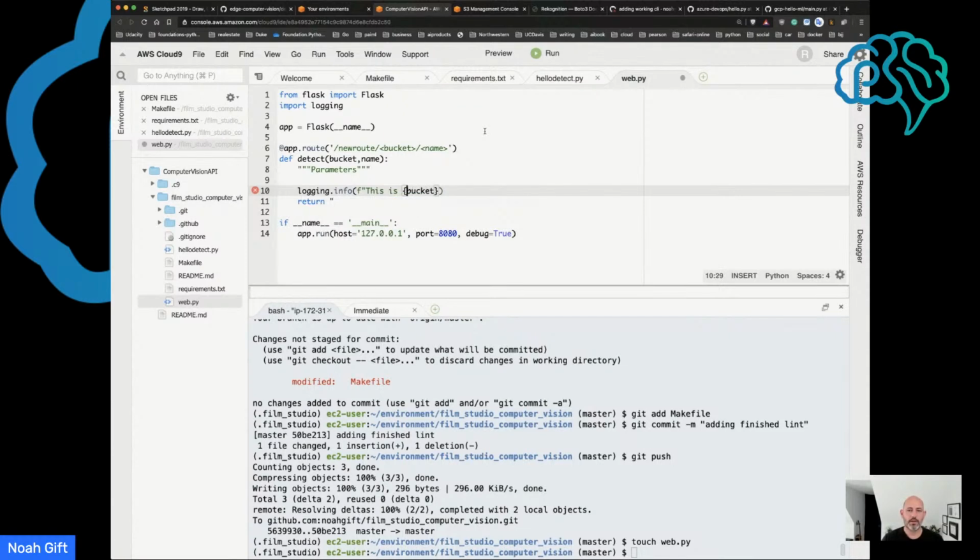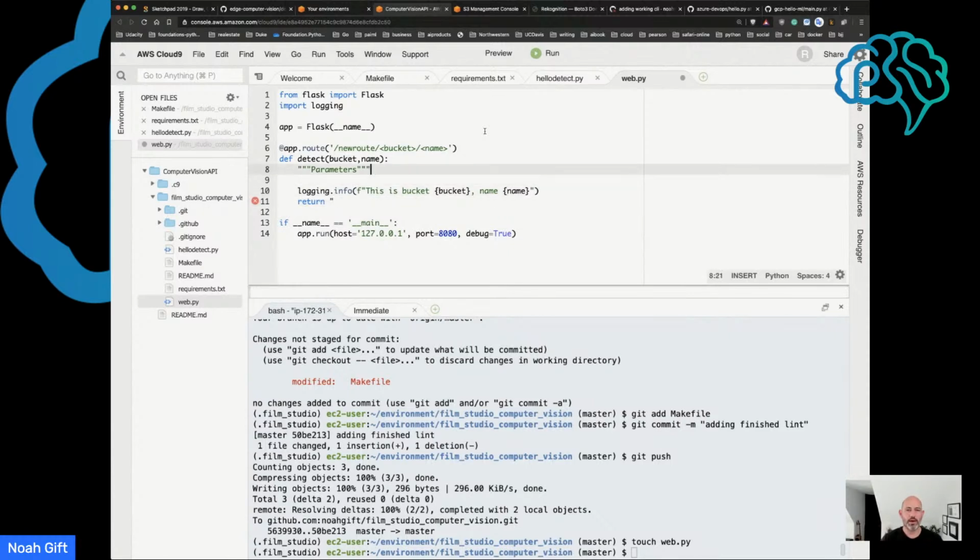This is bucket. And then name right here. Here we go. And this is name. Perfect. All right. So what's neat about this is that this particular Flask application should print out what I put